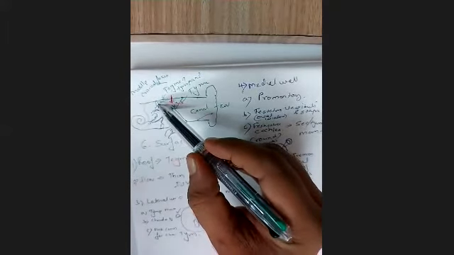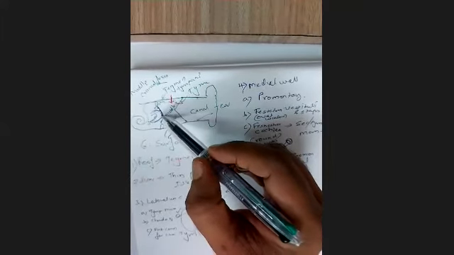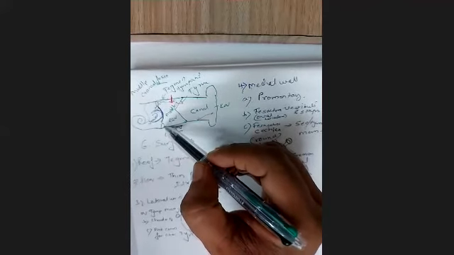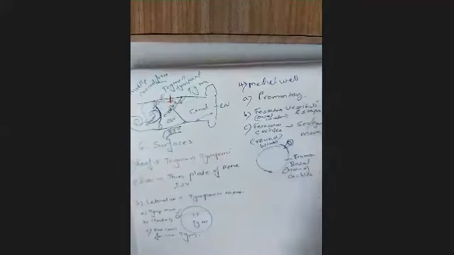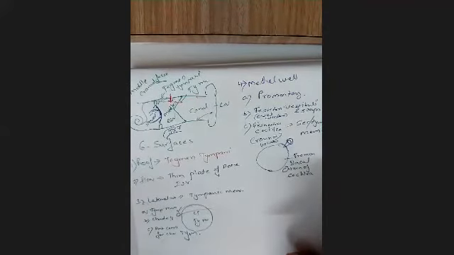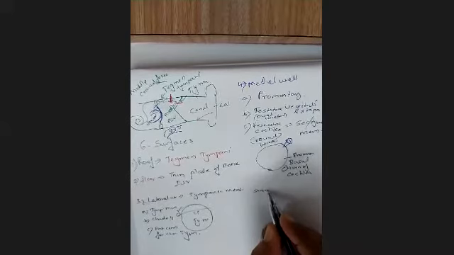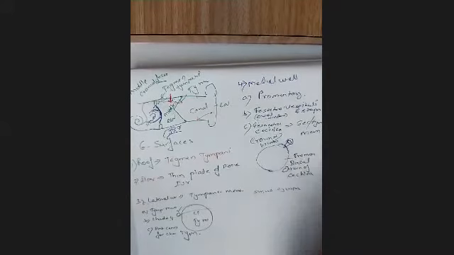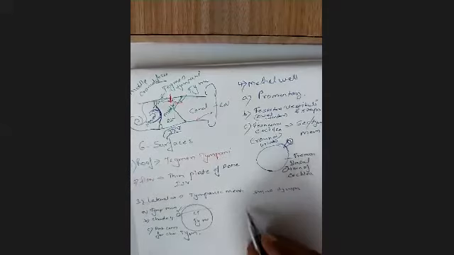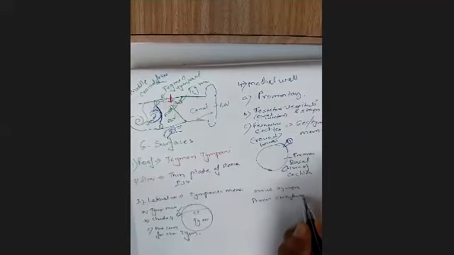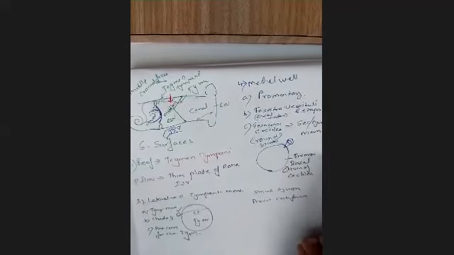So the oval window is also called fenestra vestibuli, closed by the footplate of stapes. The promontory is caused by the basal turn of the cochlea, and the round window is closed by the secondary tympanic membrane. Apart from that, there are some other things like the sinus tympani, which is just a depression behind the promontory. There is the processus cochleariformis. I'll talk about the processus cochleariformis. What is the processus cochleariformis?